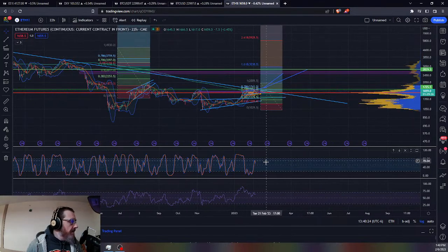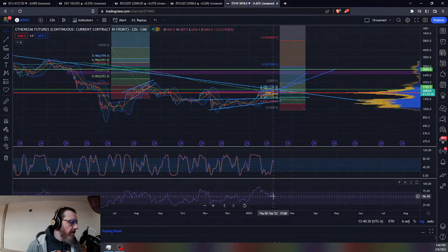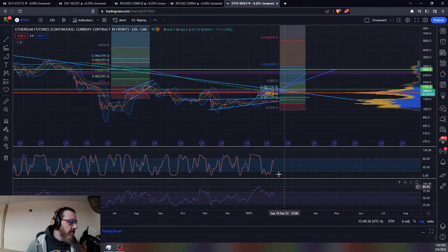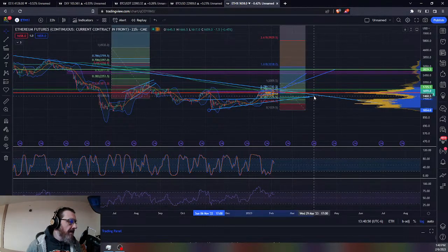I think the stochastic RSI is sort of showing consolidation here on this 22-hour time frame. Got a little bit of a bounce off this area pretty close to the 50 on the RSI. We did stay above that. So if we see those trend back up, that'll indicate that we'll have a chance to make this breakout. If this RSI trends back down and breaks below this 50 level, then maybe potentially we retest this downtrend line here,